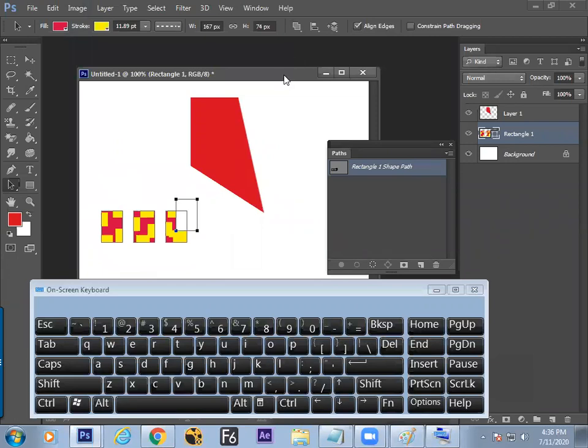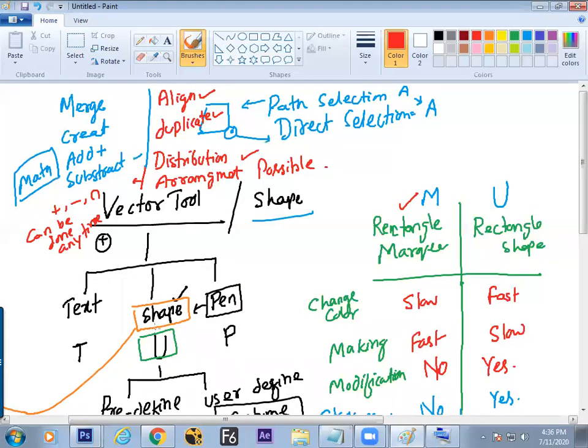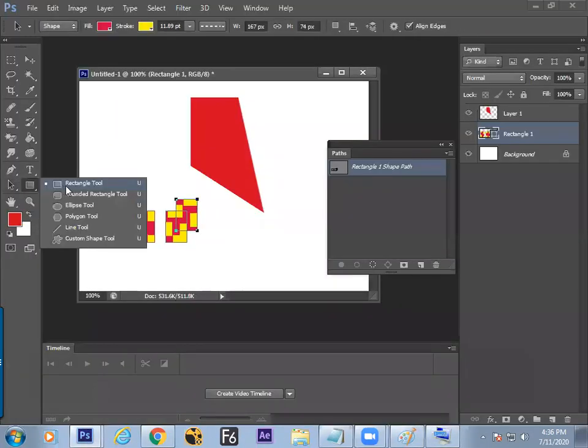It is possible. Fine. So alignment, arrangement, distribution, merging, shape changing, color changing, stroke making, stroke customizing, stroke thickness changing, everything is possible with the shapes. So we are just learning what is shape and how to use the shapes. What are the technical information available with the shapes, and that same thing will be applicable to all the below tools. We have done with one, the same thing you can try with others.